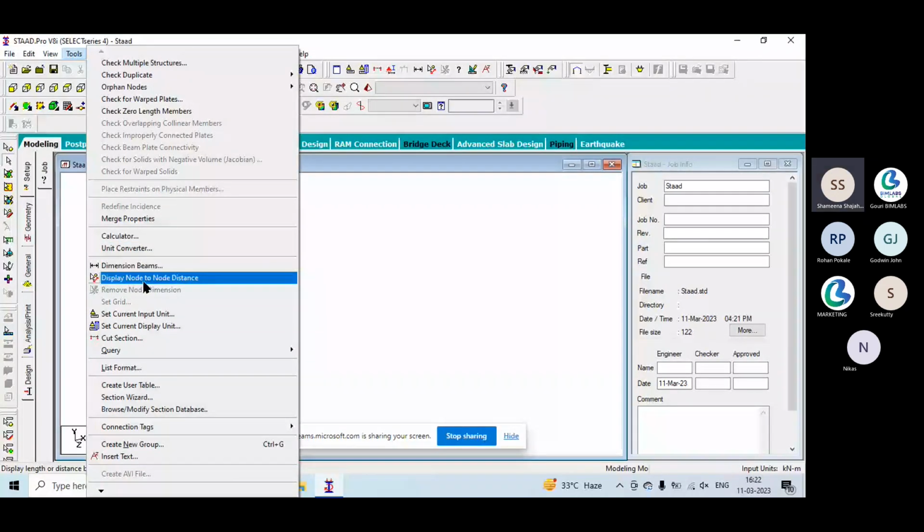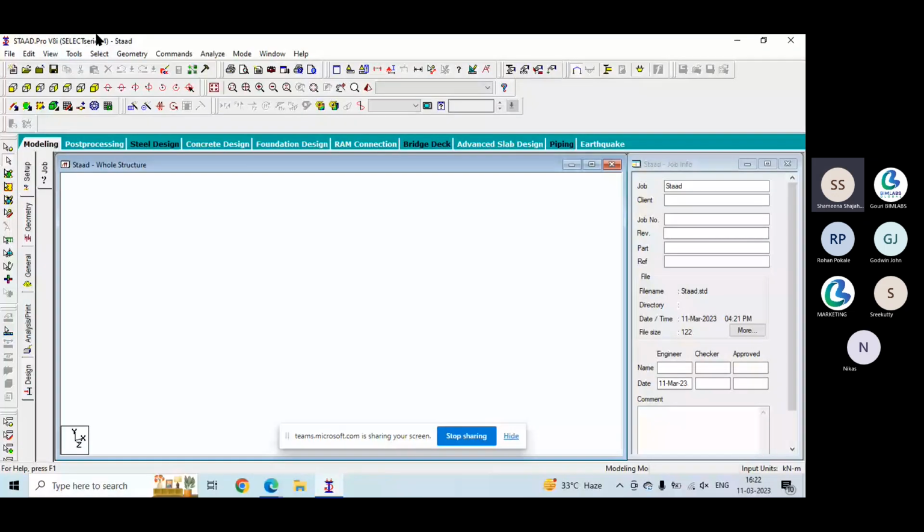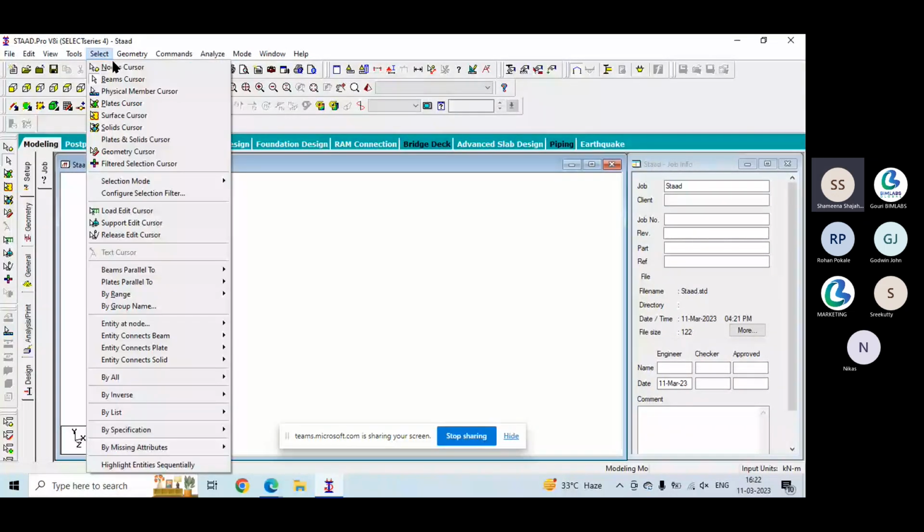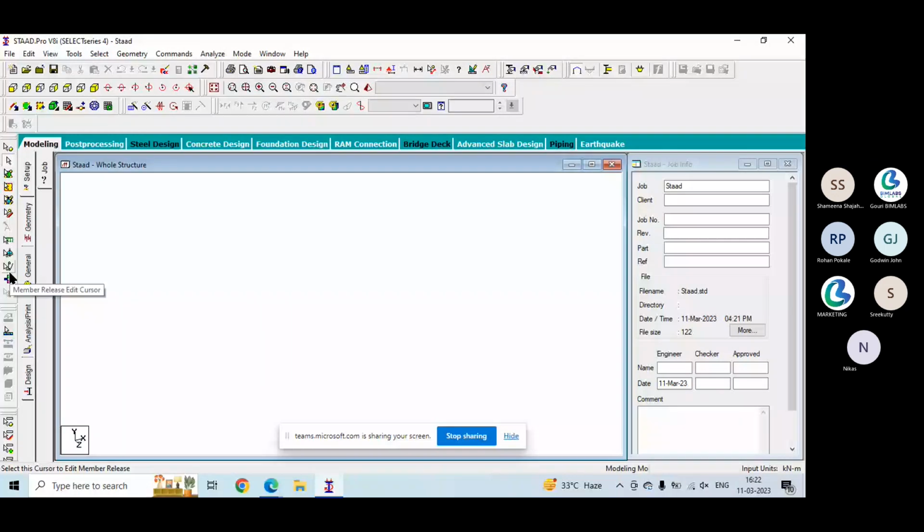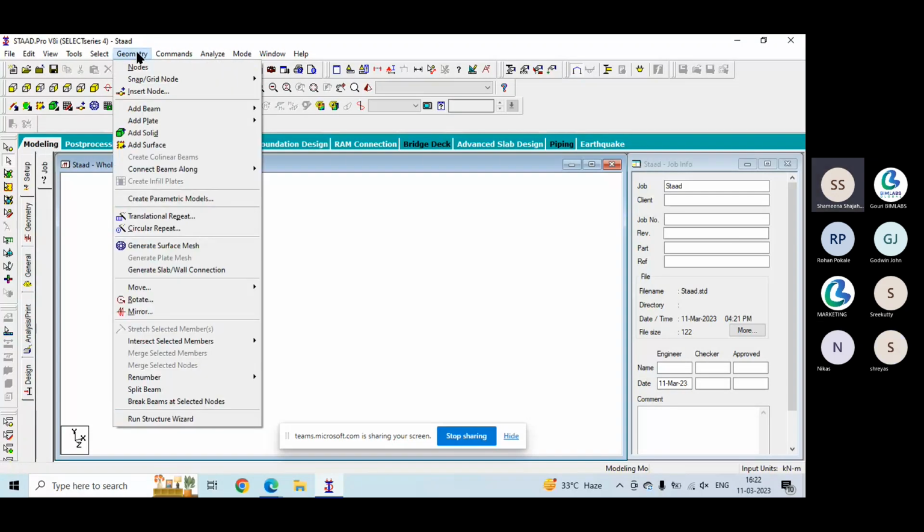Then select. We have drawn the model. We can select using this select option, or we can select from this page control, or we can select using this cursor. Okay. Then geometry. There are three different methods to